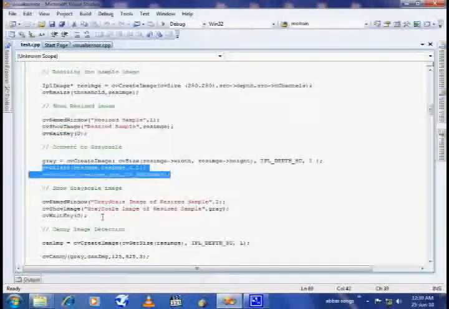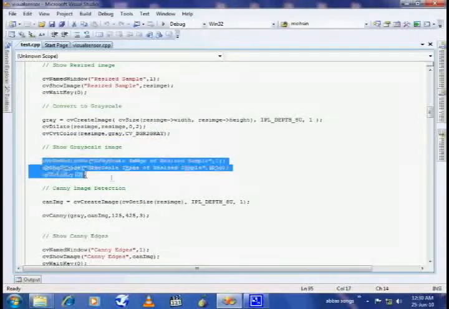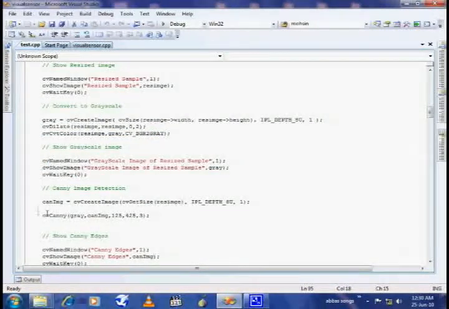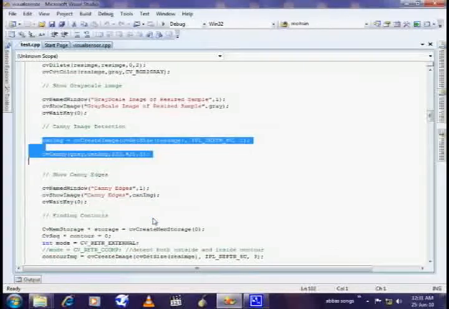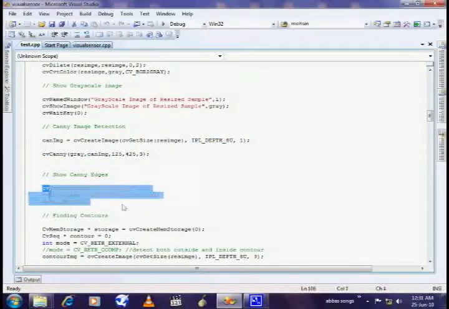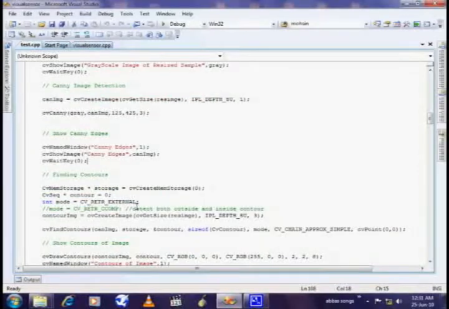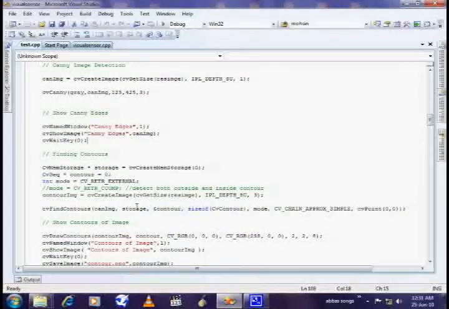After that we show this image to the user, and after that we have to apply the Canny edge detection to our image so that we can get the edges of our image. After we get the edges of the image, we can display it to the user. It is a choice of the user whether to see it or not. It is our processing, not a necessity to display to the user.